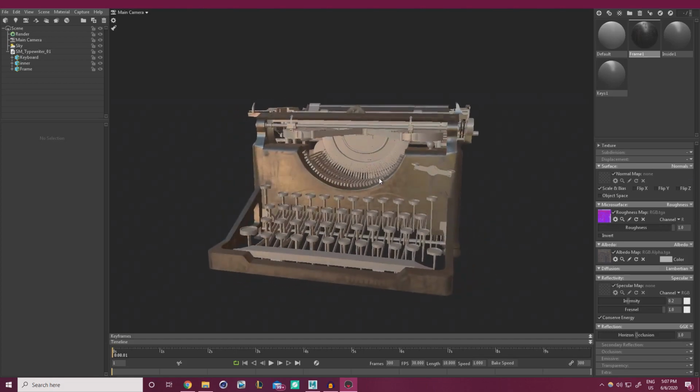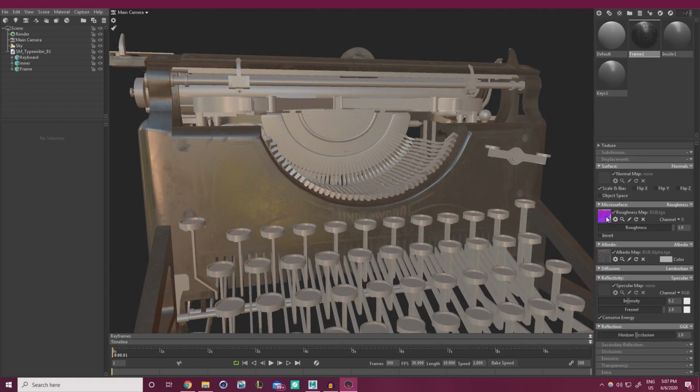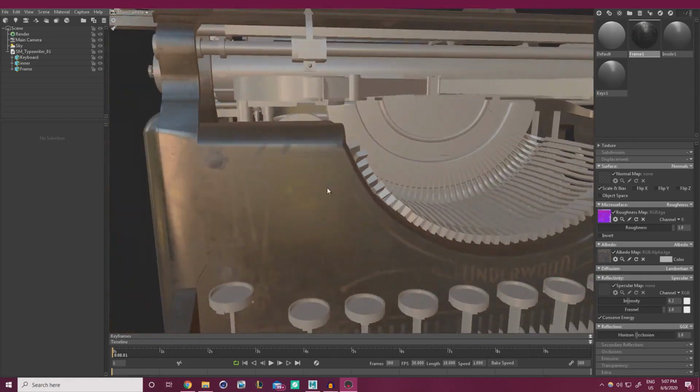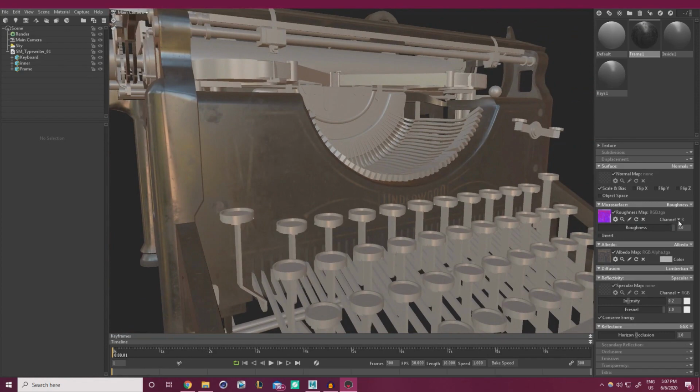We have this map here. This is an RMA map that we made before. So if you remember in the last part in texturing, we packed roughness into the red channel, metallic into the green channel, and ambient occlusion into the blue channel. It seems to be correct because we're getting these bolts to be rusty in the right spot, and we have the channel set to red, so this is correct, which means I can continue to use this for the rest